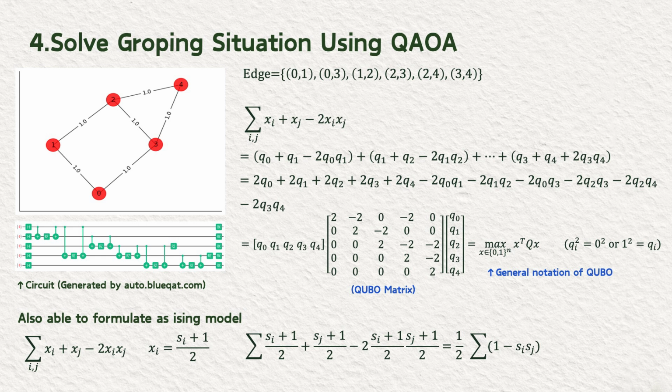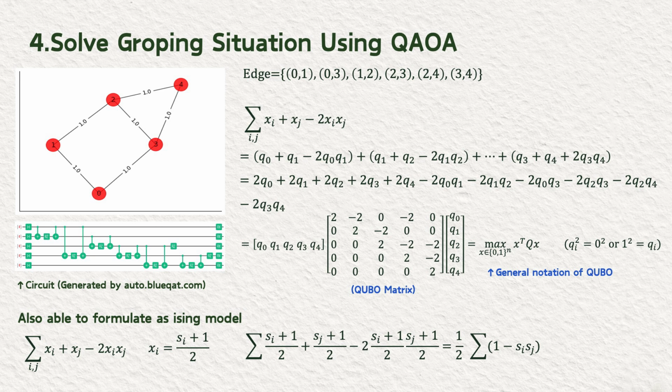The max-cut problem for this graph can be formulated using the sigma notation described earlier: sigma ij of xi plus xj minus 2xixj. To run QAOA, steps like inputting the ansatz and specifying a mixer are required, but libraries like Qiskit or Blueqat can automate these steps. The matrix representation is known as a QUBO matrix, which can be generalized as shown on the